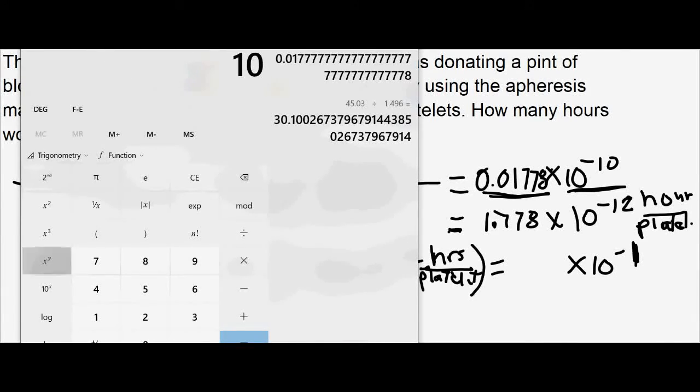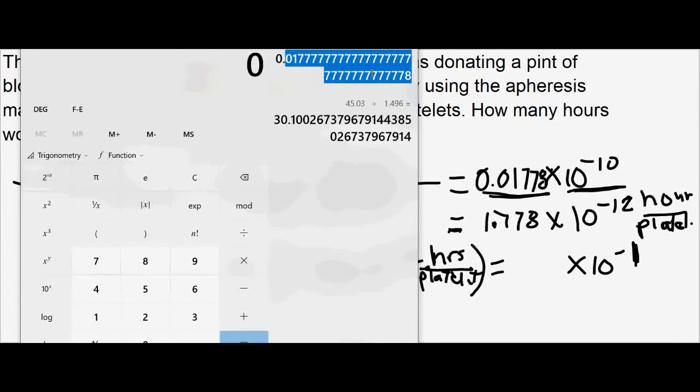And I'm going to use the x to the y, 10 to the negative 12. Actually, I've already done the exponents. I've done the 10, so I didn't need to worry about that. I just need to take this number